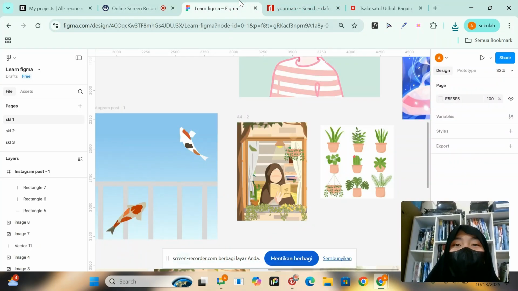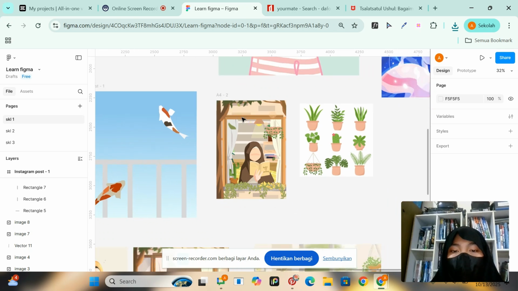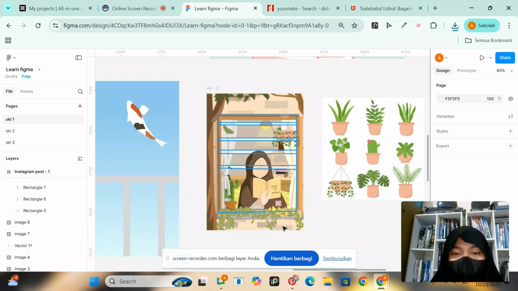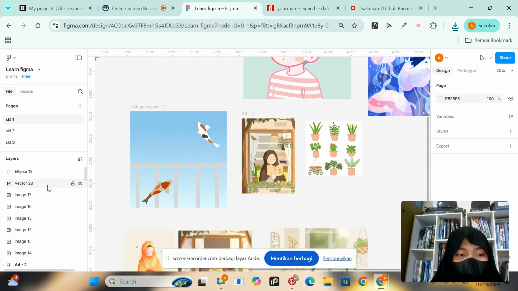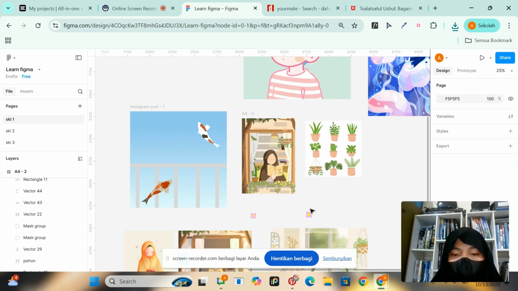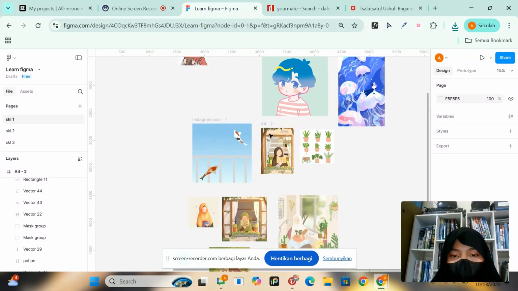Hello everyone. So today I want to show you guys a tutorial on how I make my design. First, I want to explain about my first project, how I make this one. You guys can use Figma to make the design,